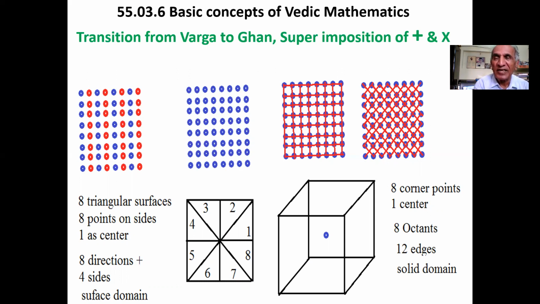And it is this interlinking and interlocking of these identities, 0 and 1, which in fact have the interlock